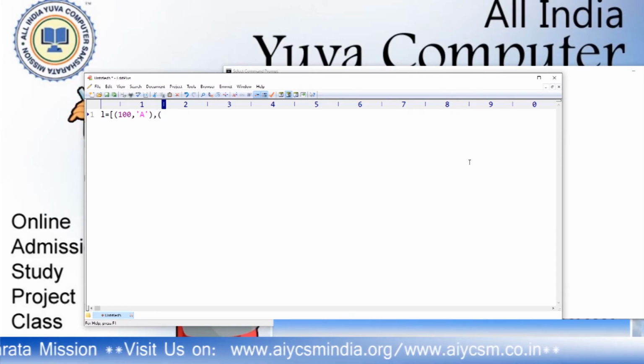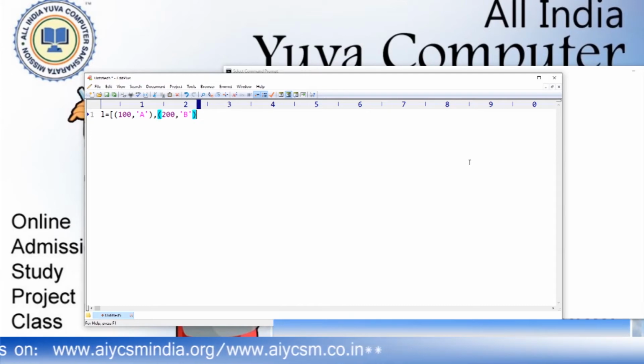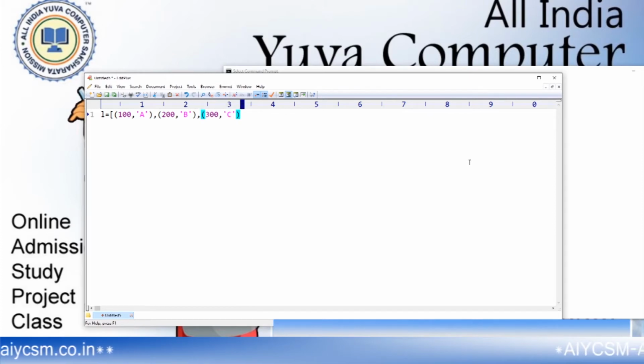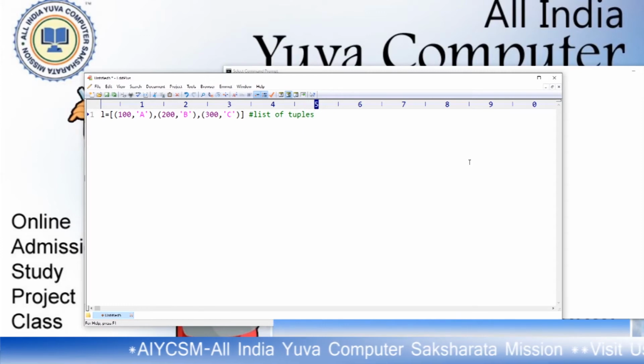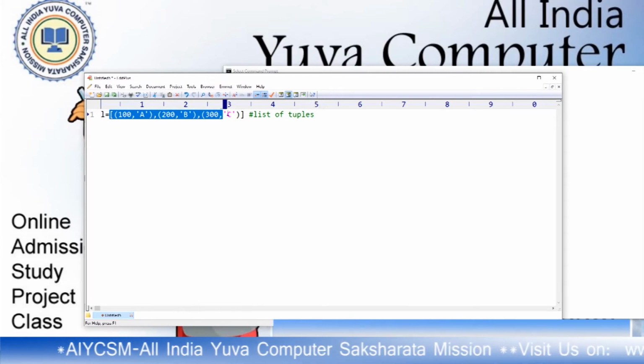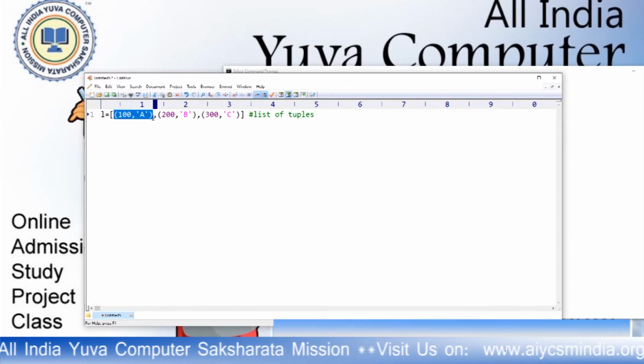Then 200 comma B, then 300 comma C. So actually this is the example of a list of tuples, because this is actually a list, and within this the elements of the list are actually tuples.